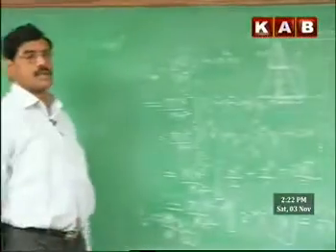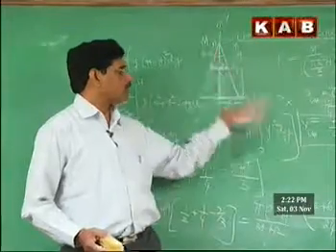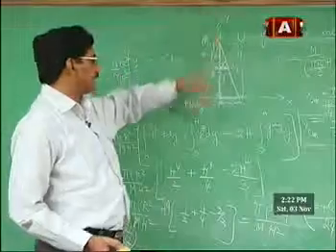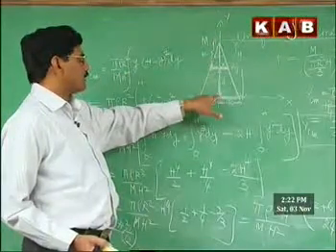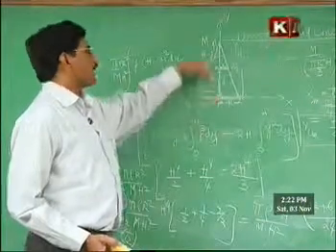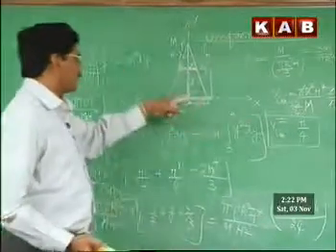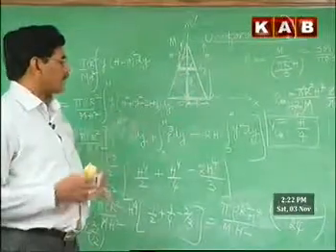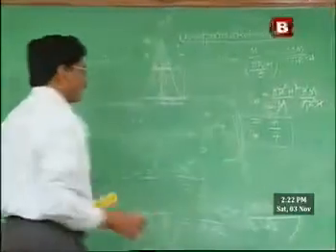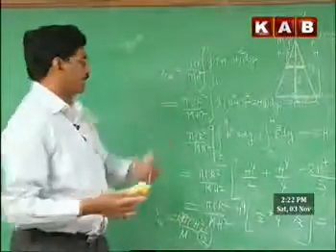So, the center of mass of a uniform solid cone whose axis is along the y-axis and whose base is centered at the origin. The center of mass is on the y-axis, at a distance h by 4 from the base. The center of mass height is h by 4. That is the height of the center of mass. That's how we calculate the center of mass of a solid cone.